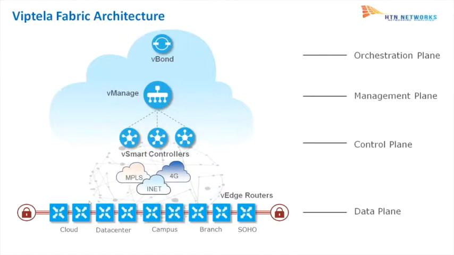Then you have multiple vSmart controllers for redundancy, and you have different types of transport: MPLS, Internet, 4G. At the bottom you can see all the vEdge routers sitting in the cloud, data center, campus location, branch office, or a small home office. And they are creating end-to-end